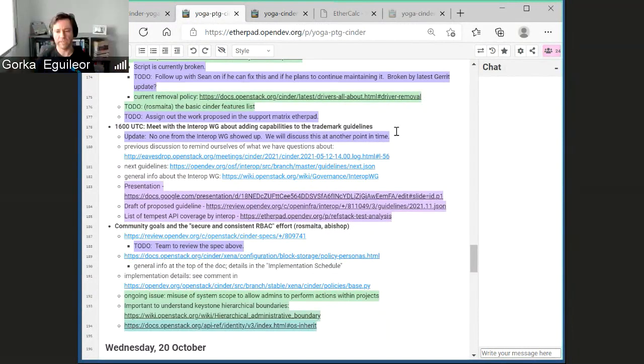With this new information, I think the APIs in Cinder get a more clear division between what the system code could do and what a normal admin for the project or the domain